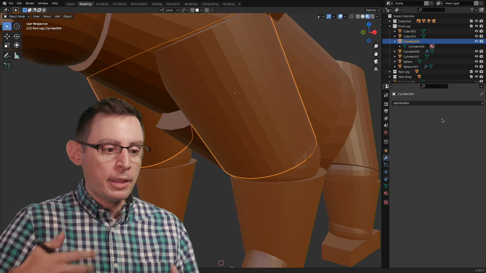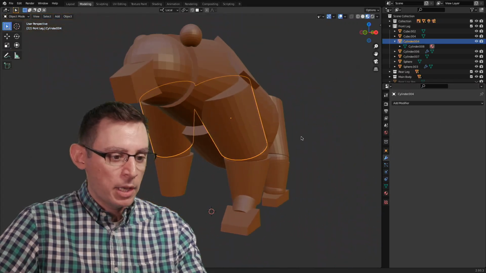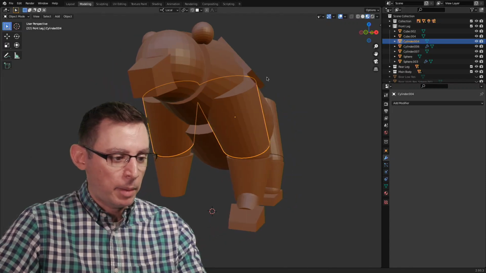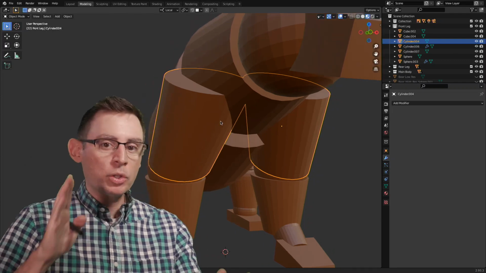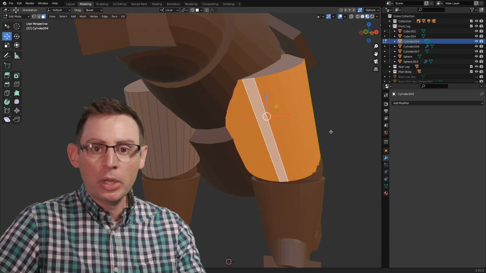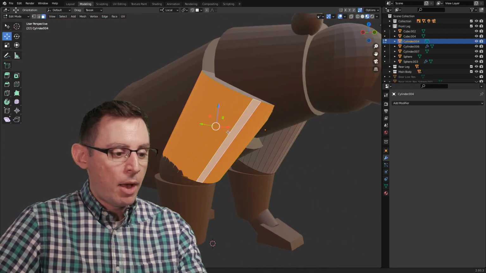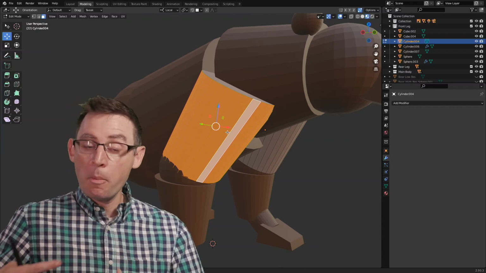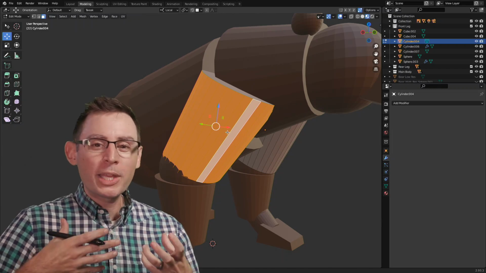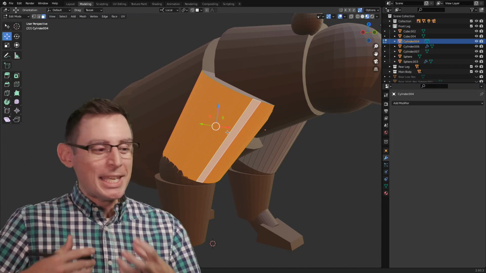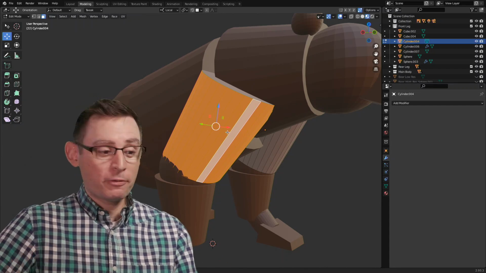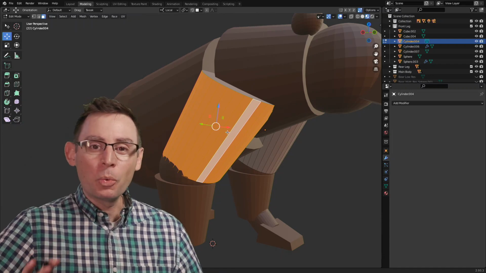The moment we apply that modifier to our object, a couple things instantly change. You can see that we now have a new object, or excuse me, the same object inside of our scene, and we have new geometry on both sides of that axis. If I hit the tab key and go into edit mode, voila, we have selectable geometry on the original side, but now that mirrored geometry that was created with the modifier is now selectable and workable as well. So these modifiers make working with mirrored information quick, easy, painless, and incredibly powerful. I would really encourage you to use modifiers, especially the mirroring modifier, in your workflow for your animal.